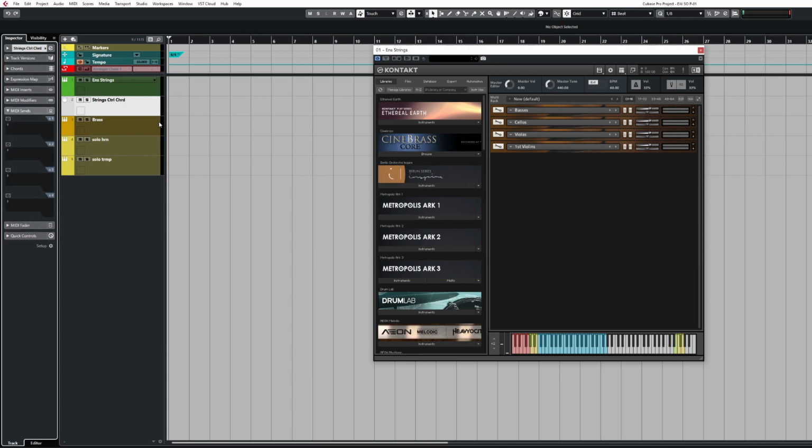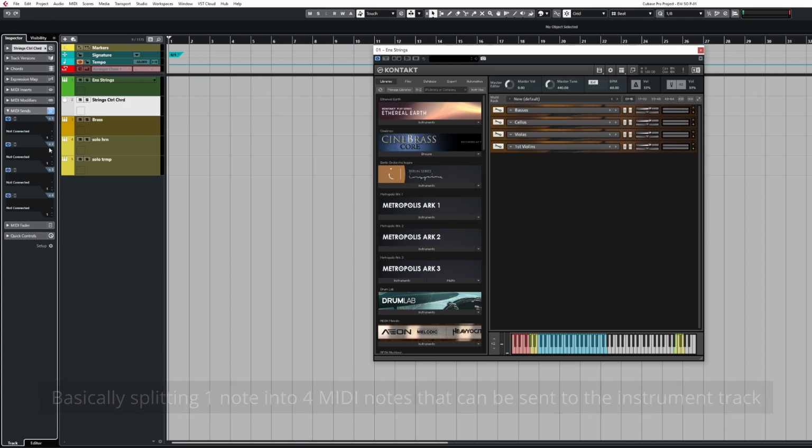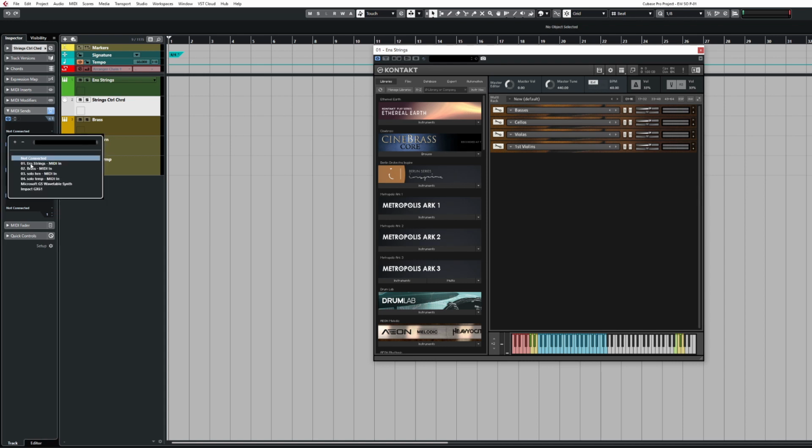Now what MIDI Sends allow us to do is when we play a note on the keyboard, it will send that note anywhere we tell it to go in Cubase or to any particular MIDI channel. So if I activate these, you'll notice that there are 4 MIDI Sends which are not connected, all on MIDI channel 1. Now if I was to connect these up to our strings instance here,